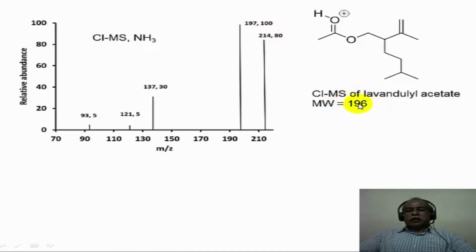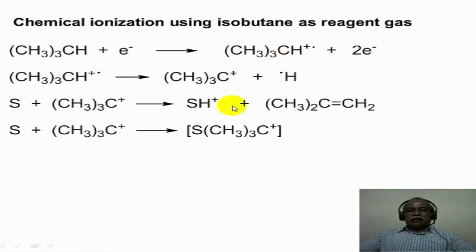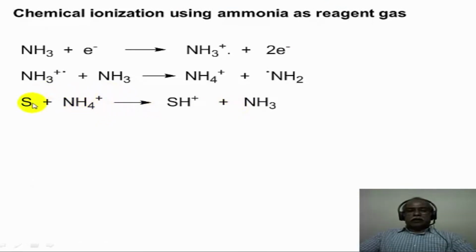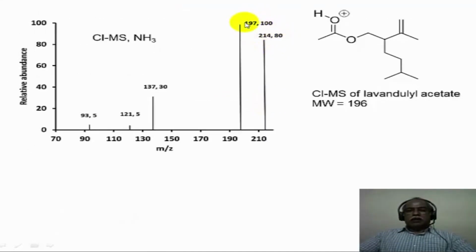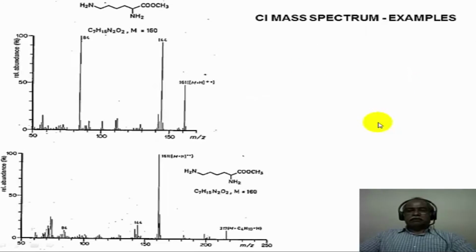Molecular ion is 196. If you add 18, you will get 214. So that essentially corresponds to the adduct with the ammonium ion. Substrate plus ammonium ion would give this particular peak at 214 as the mass unit. So this is what I mentioned when I said in this particular case ammonium ion can either donate a proton or it can actually form an adduct, and this is what is seen. It is donating both the proton as well as forming an adduct when ammonia is used as the reagent gas in the chemical ionization mass spectrum of lavendylyl acetate.